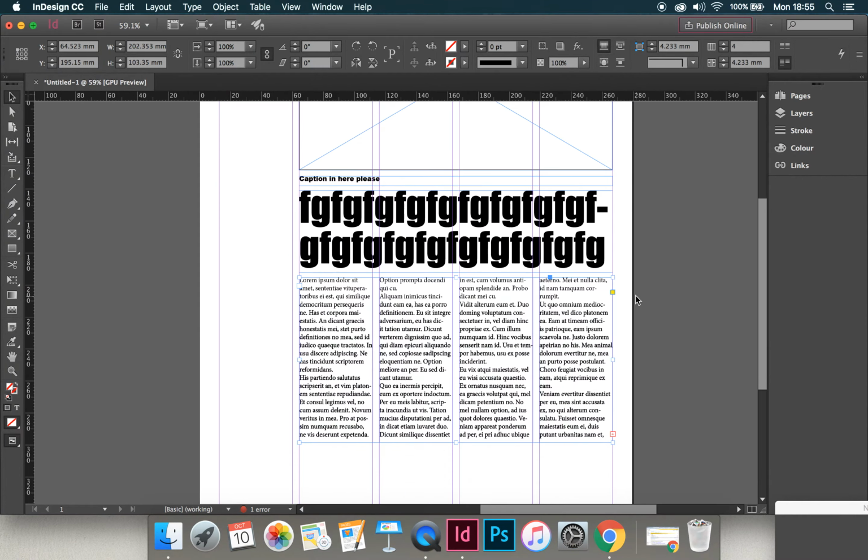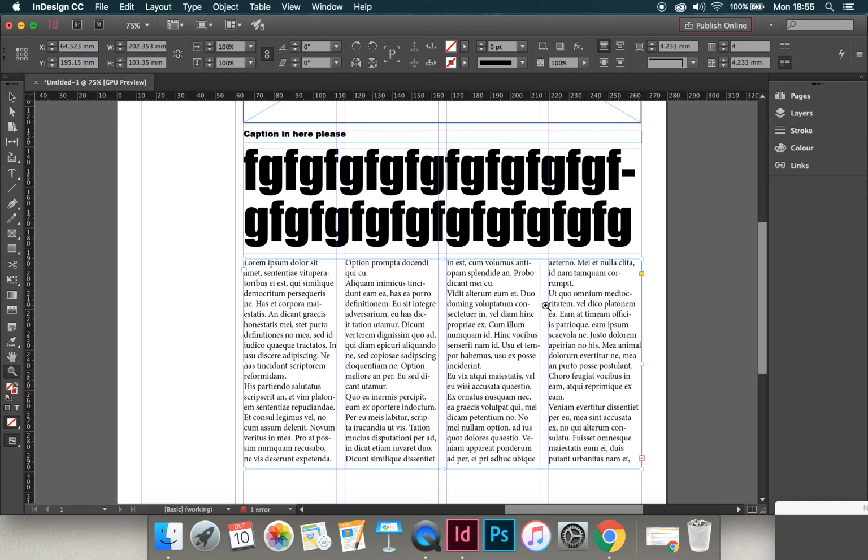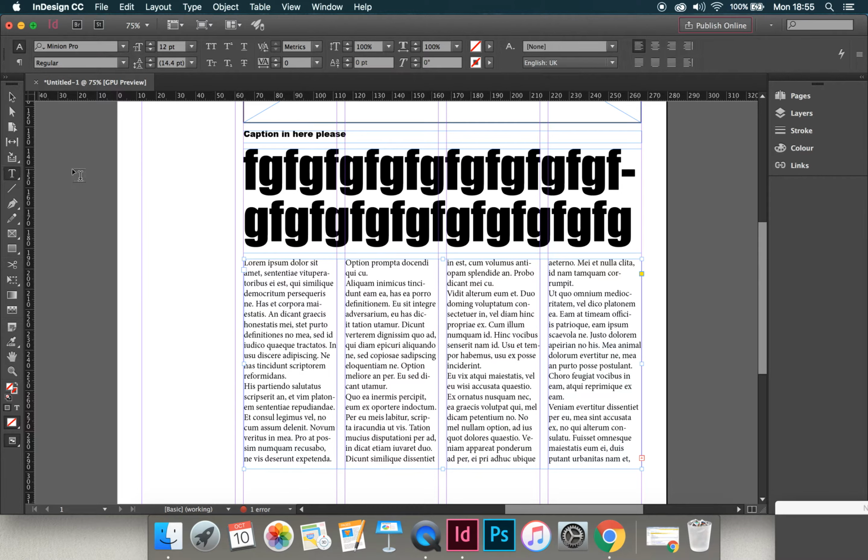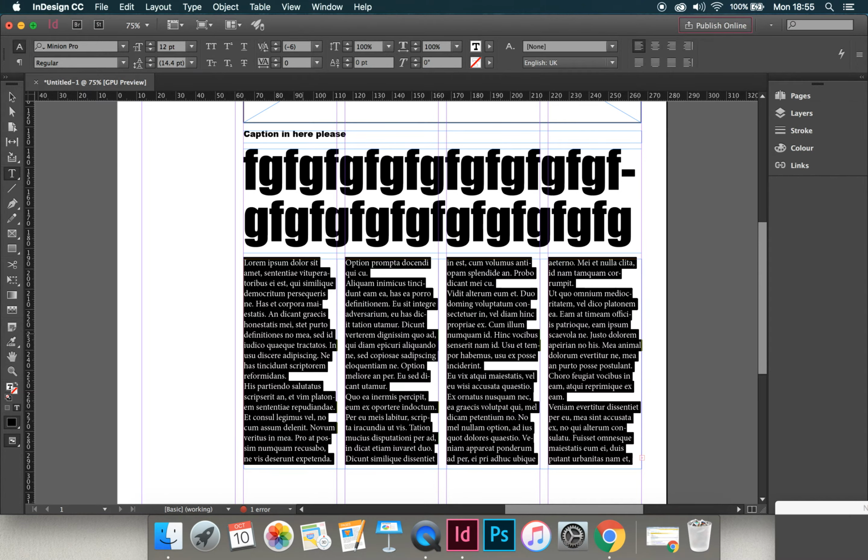I can then zoom in a bit more if I want and have a look at the actual text. Now to me the text looks very gappy. It looks as if the leading is not quite right. If you remember from the previous tutorial, leading is the space in between the lines of text. So if I go on my text tool, my T tool, I can get back in that box. If I highlight all of the copy in that box, I can change the leading. And the leading is up here